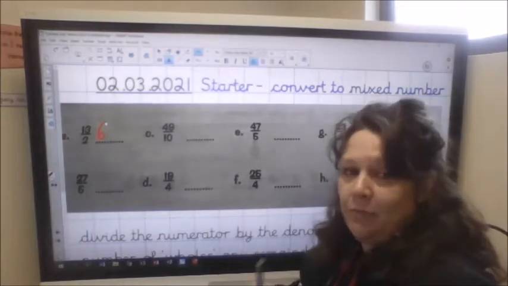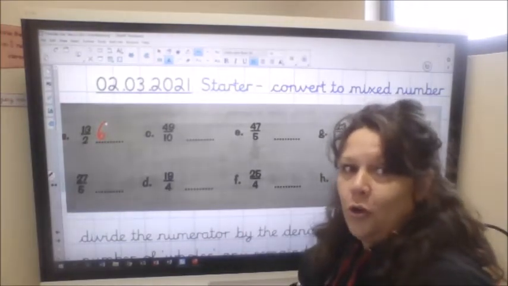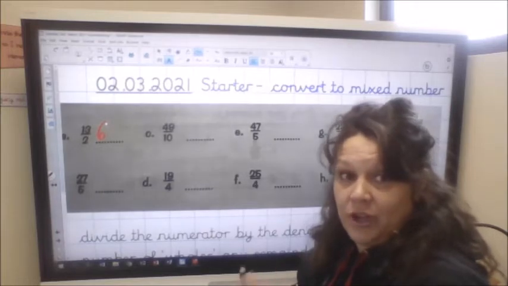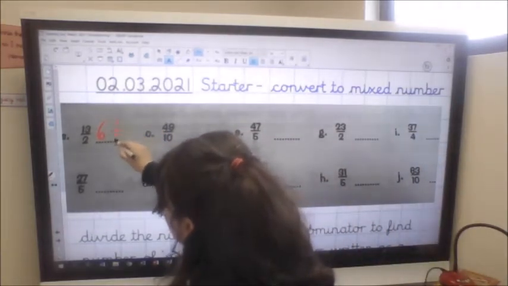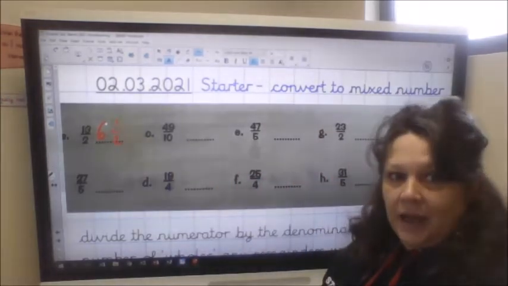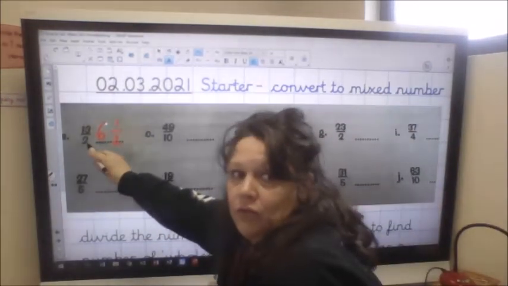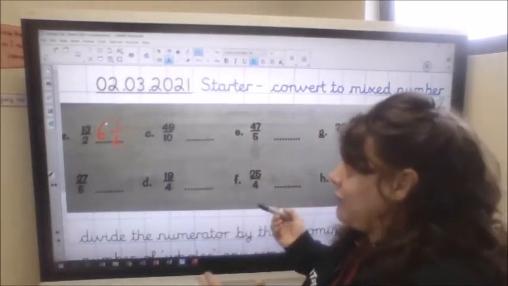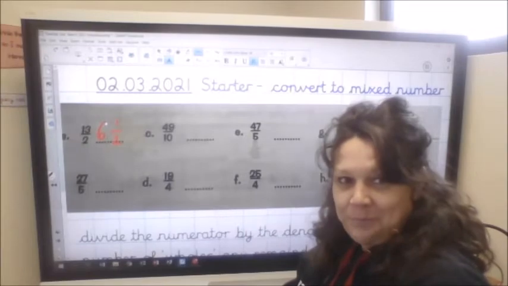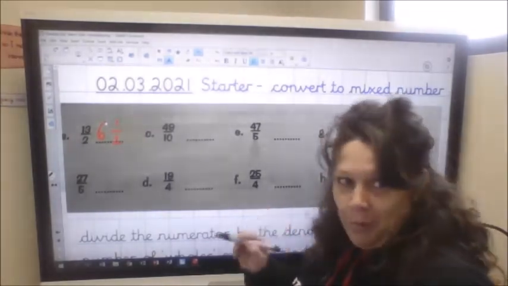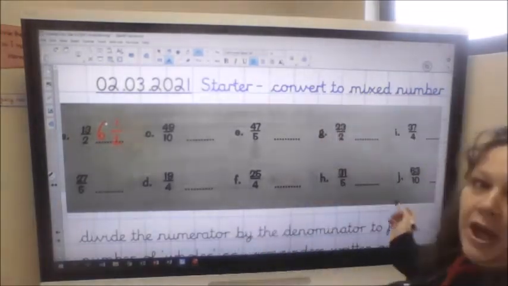Then, how many have we got left? Well, the difference between 12 and 13 is 1. So I put the remainder over the original denominator, which was halves, 2. So I've got 6 and a half. Okay, so I'll do one more and then you are going to have a little go at the others